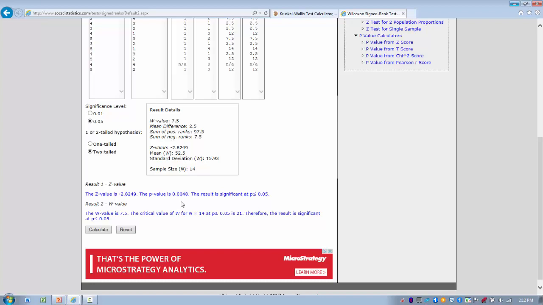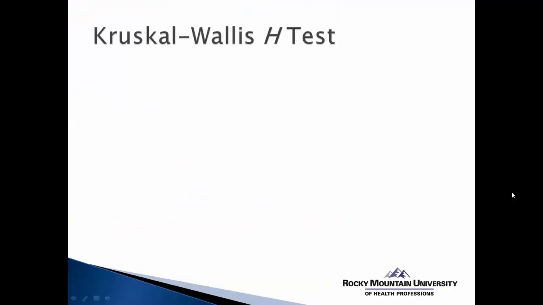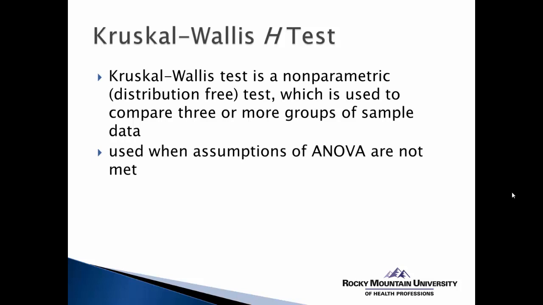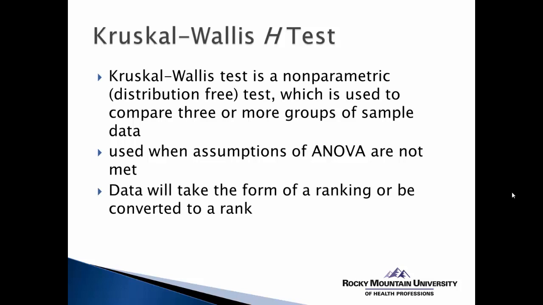Now let's talk about our third test, and that's the Kruskal-Wallis test. So the Kruskal-Wallis test, as I mentioned, again, is a non-parametric test in which we want to compare 3 or more groups of data. So this is used when the assumptions of a one-way ANOVA are not met. So much like the one-way ANOVA, in which we're comparing 3 or more groups on a single numeric outcome, with Kruskal-Wallis we're comparing 3 or more groups using either ordinal data or skewed numeric data. So again, data will either take the form of a ranking in its original form, or will be data that can be converted